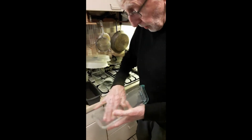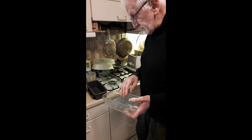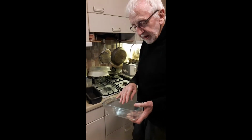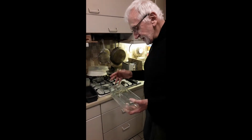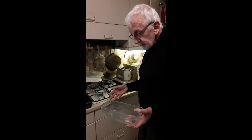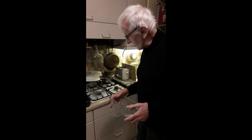There we go. The other thing about the microwave is, in terms of efficiency and saving energy, I'm going to be using 10 minutes of microwave. I have a 1000-watt microwave. I know it's a little bit bigger than the standard, which is 800, but I'm going to be using that for 10 minutes for each loaf, maybe 12 minutes. As long as it's over 10 minutes, this bread is well cooked,